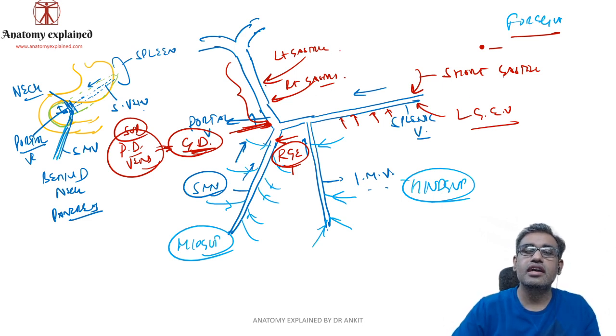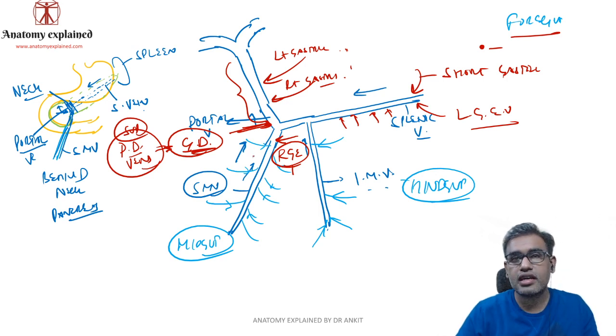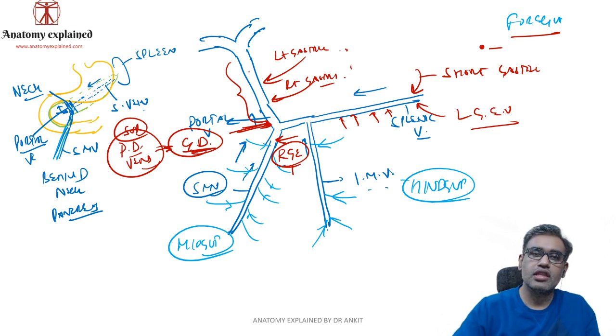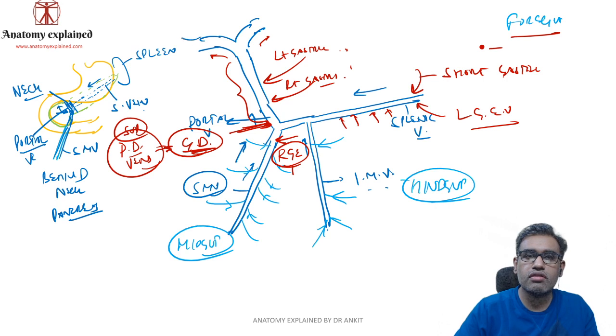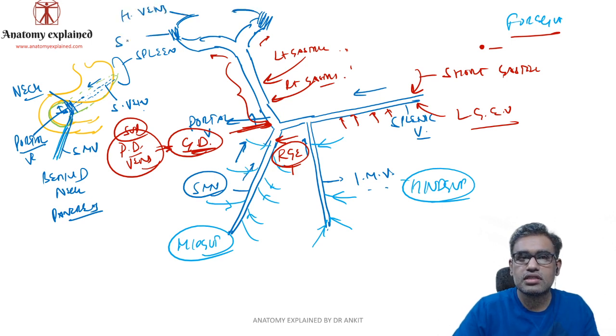The left and right gastric veins enter into the main trunk of the portal vein. So if we ask you about the main trunk of the portal vein, which are its tributaries? Both the right and left gastrics, and the pancreaticoduodenal veins. They are the main tributaries of the main trunk of the portal vein. Now the portal vein divides into right and left portal veins. Soon they are going to divide into various sinusoids, and these sinusoids again converge to form the hepatic veins. So these will be our hepatic veins, and this is our sinusoids.